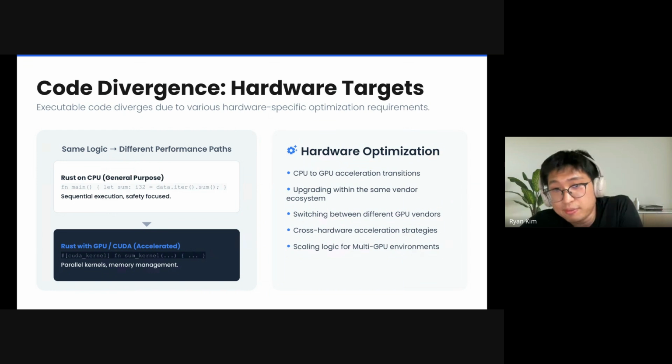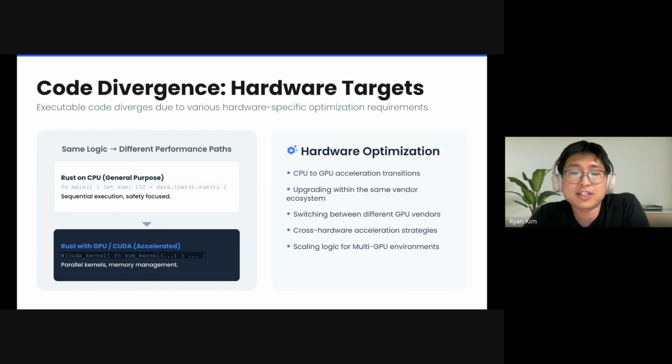But for performance, we decide to accelerate this on hardware. Let's say we go to CUDA. Now what you need is a CUDA kernel. That's the second snippet on the slide. And to actually make it fast on an NVIDIA GPU, now you have to think about memory management, host-device transfer, thread layout, tiling, all of it. Performance got faster, but the code had to change. Same logic, sum a bunch of numbers, completely different shape. And that's just CPU to GPU.